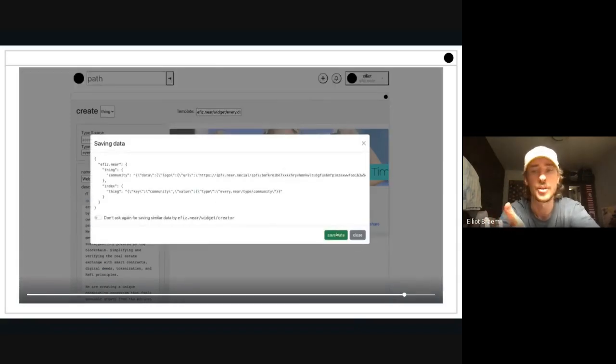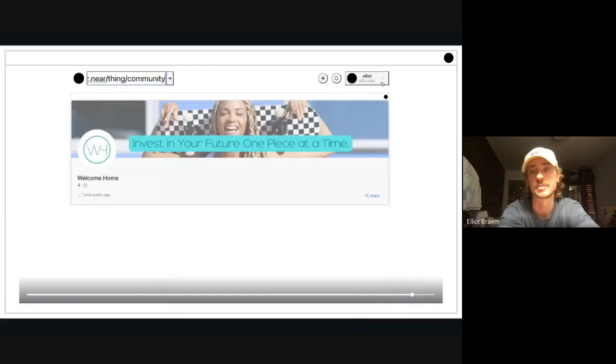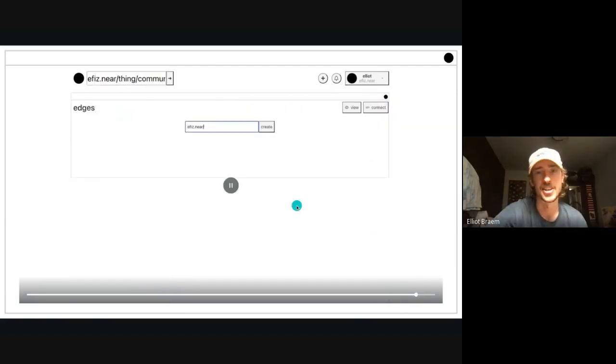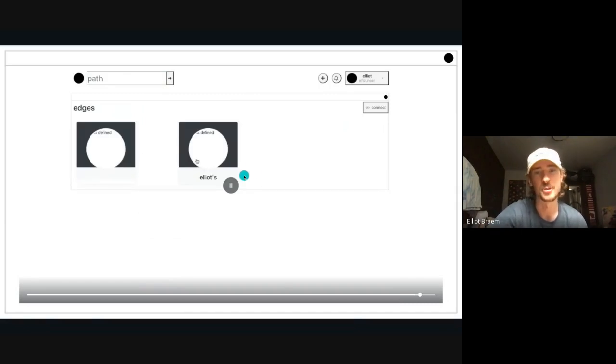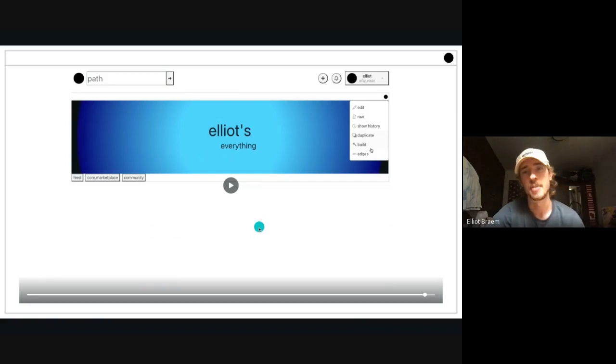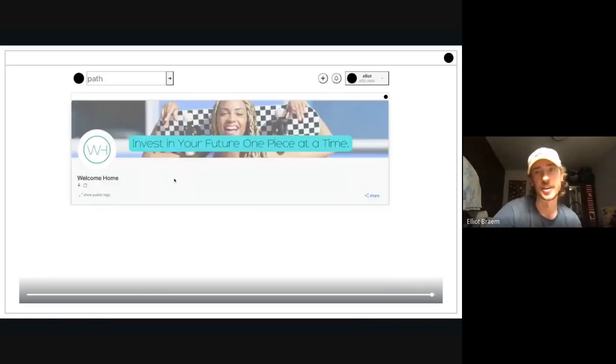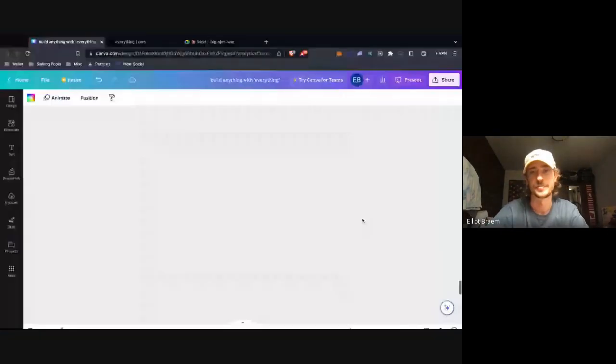Now you can create a more customizable BOS experience. There's also this other plugin called Edges, where you can form edges between different things. So I formed an edge between the community and my thing, and now I can navigate between the two of them. Just another example of a plugin that exists.